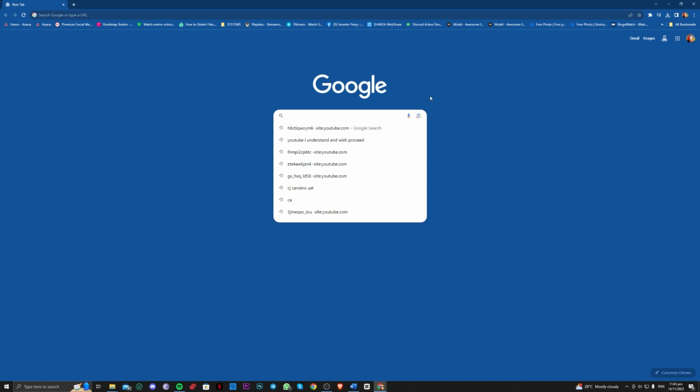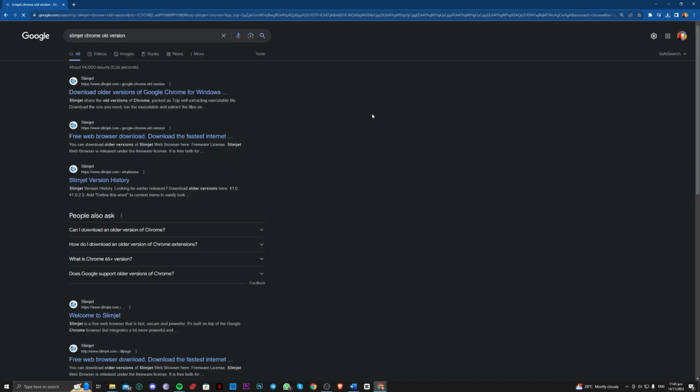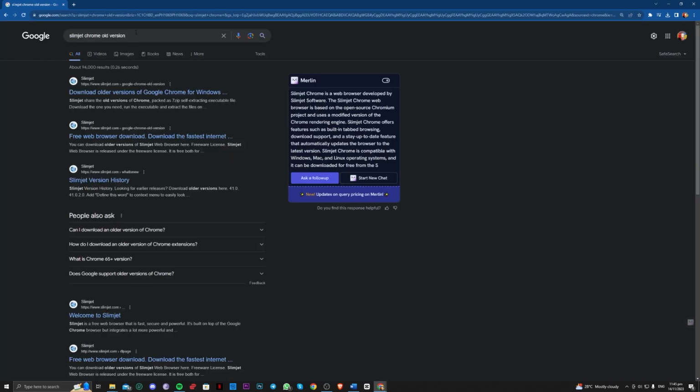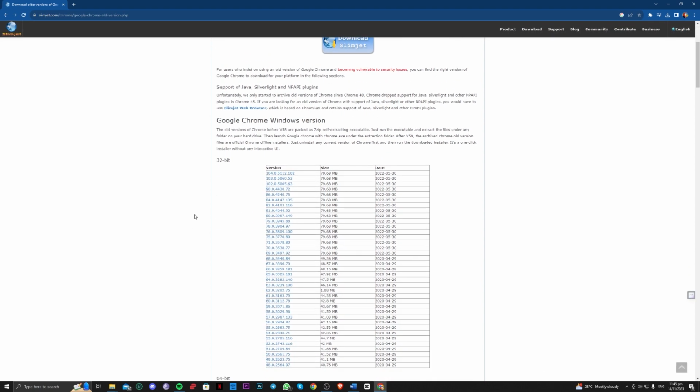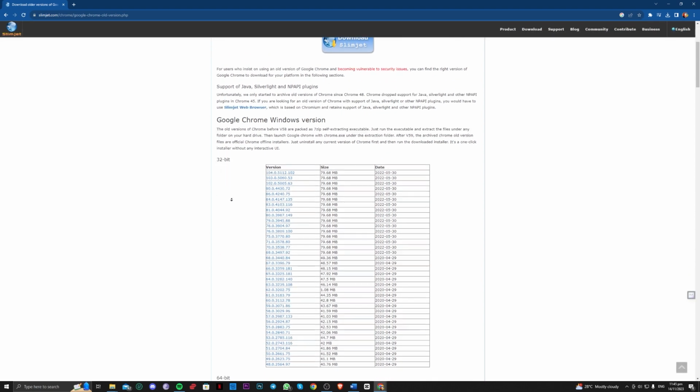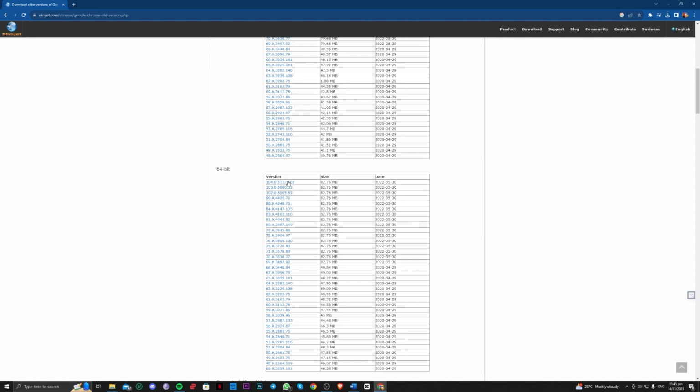So the first solution is to go over to SlimJet here and search for SlimJet Chrome old version for Google Chrome. Click on the first link, and all you have to do here is find out if you are 32-bit or 64-bit, and make sure to browse any of these. Just make sure that you are not using version 119 or 111, and you should be good to go guys. Just download the files here